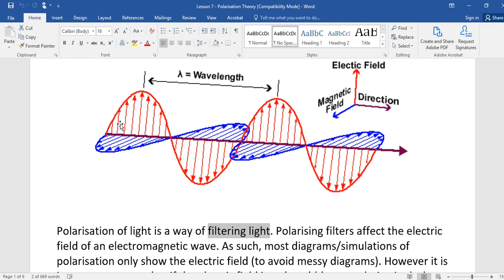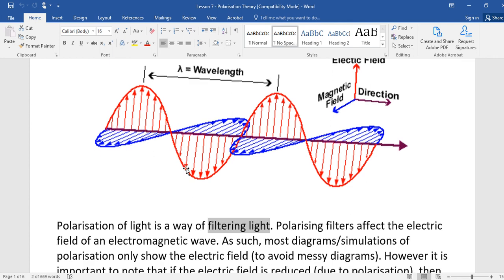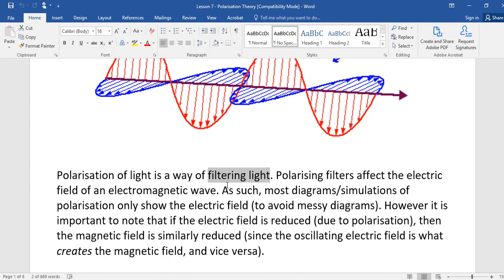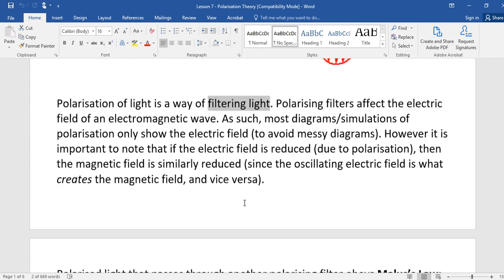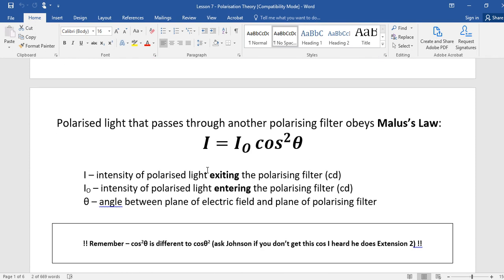And obviously, if you're trying to draw an electric field and a magnetic field, it can get a bit messy. So in these diagrams, they just draw the electric field and show it being polarized. But we just have to understand that with that electric field, there's an associated magnetic field. Okay, in the diagrams that are about to come up, we're just seeing the electric field. Okay, so this is Malus's law,